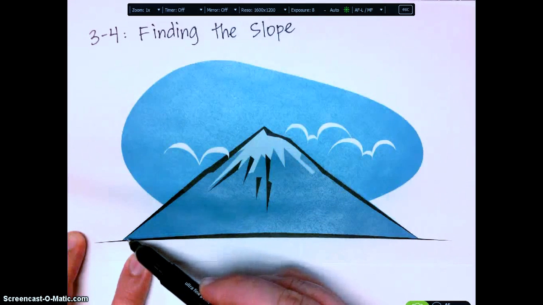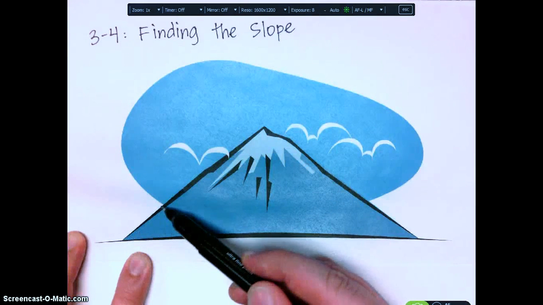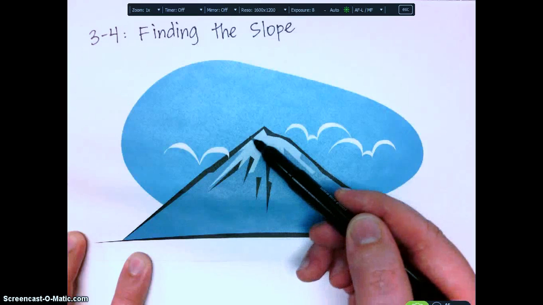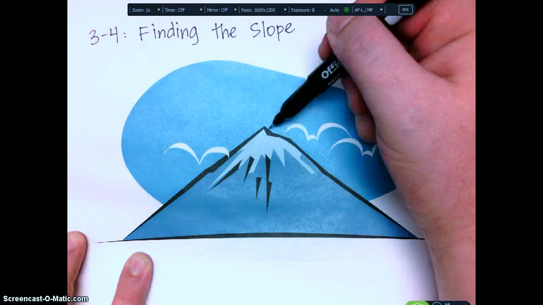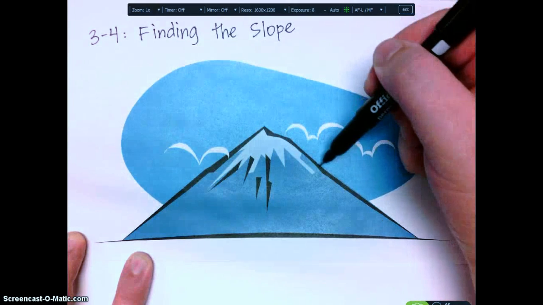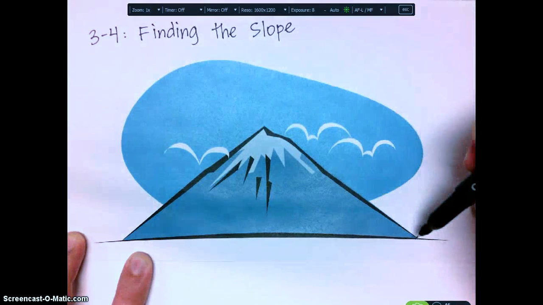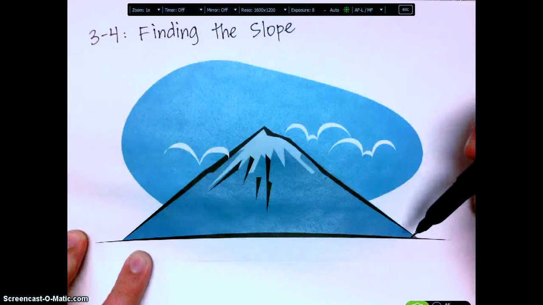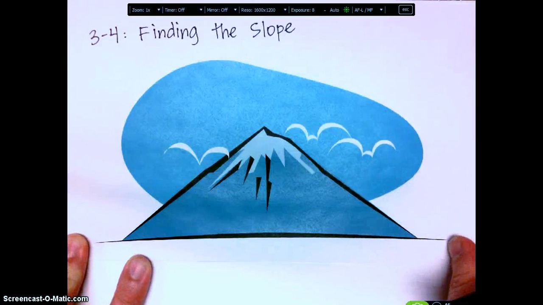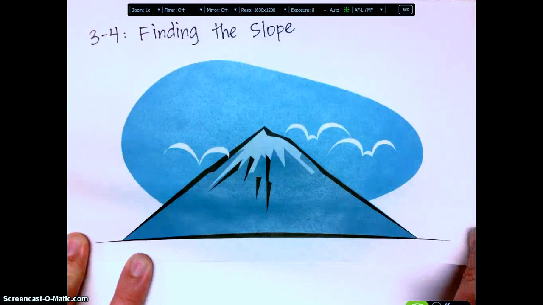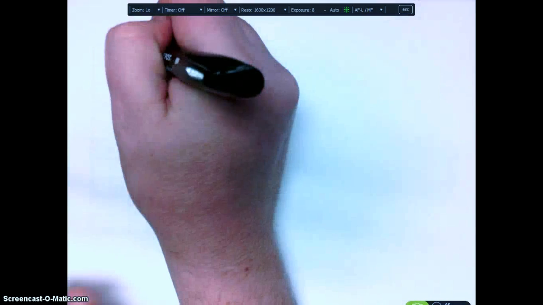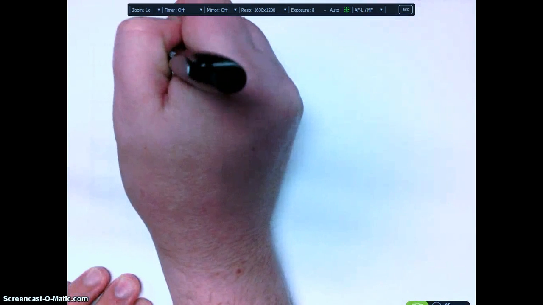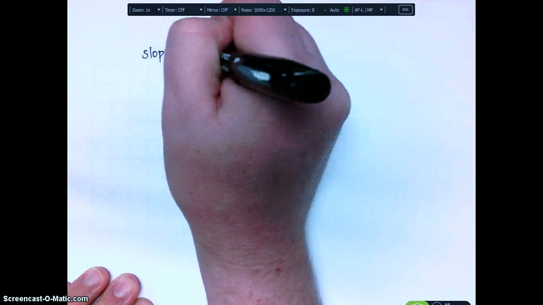Whenever I think of the slope, I think of climbing up a mountain and how steep is it going up. When you're walking up a mountain, it's going to be a positive slope. When you're walking down the mountain, it's going to be a negative slope. It's a lot easier to go down, and that's going to be a negative number. So the same thing you can do when you have a line, you can find the value of the incline of that line. And a lot of times when we're talking about slope, sometimes we call it the variable m,